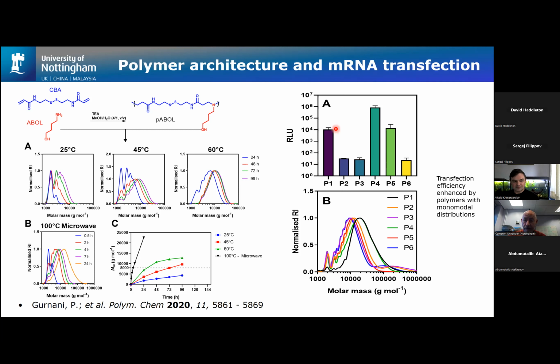And as you can see, there are at least 2 orders of magnitude, in some cases 4 or 5 orders of magnitude difference between polymers nominally of the same type and nominally of the same structure, but in fact with different molar mass distributions. And in fact, in these polymers, we found that the materials with the tightest molecular weight distributions actually gave the